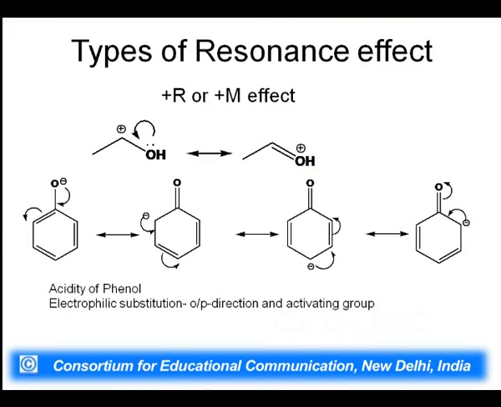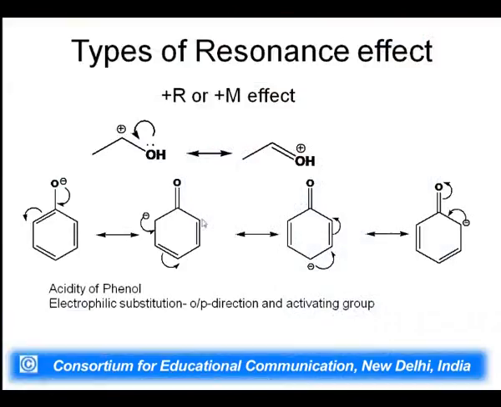So, how does it matter to the system? What are the implications? You can see on the slide that we have done previously the acidity of phenol, and what are the other applications it may hold good here. Another point may be the electrophilic substitution reaction when it happens on phenol or phenoxide ion, like the Reimer-Tiemann reaction happening on phenol. It makes it a phenoxide ion first, O minus K plus, and then the carbene attacks on the potassium salt of